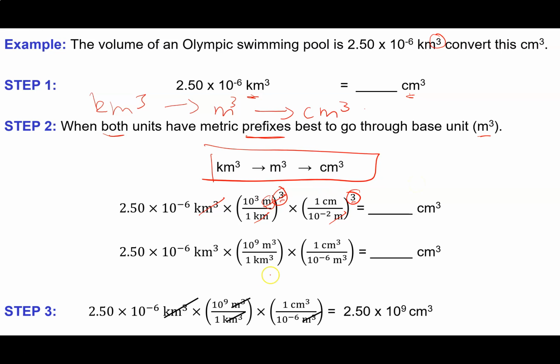So in this example, I've cubed the conversion factors at this intermediate step. You don't actually have to do that, right? You can just put it all into your calculator like that. I've just done that to illustrate the point that the exponents won't cancel unless you cube your conversion factor. So finally, I've convinced myself that all my units cancel out and leave me with centimeters cubed, so